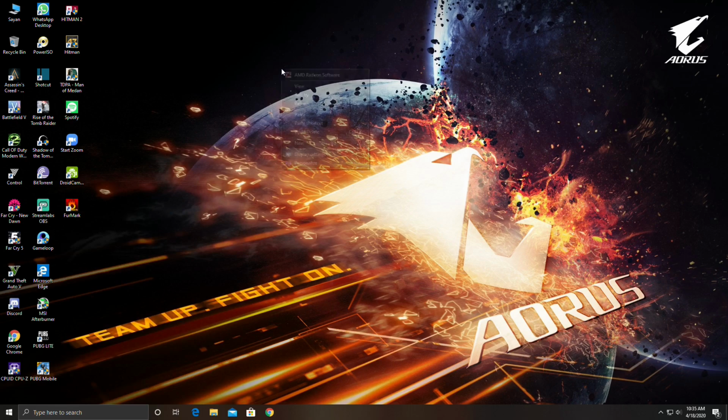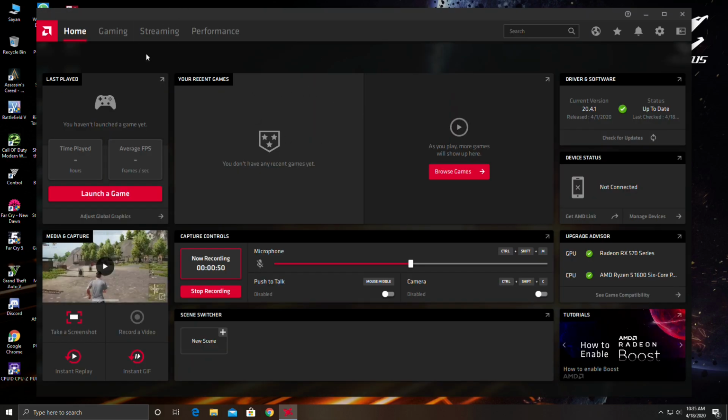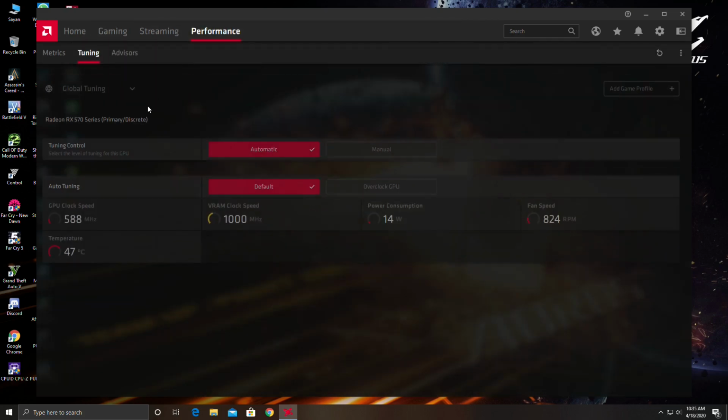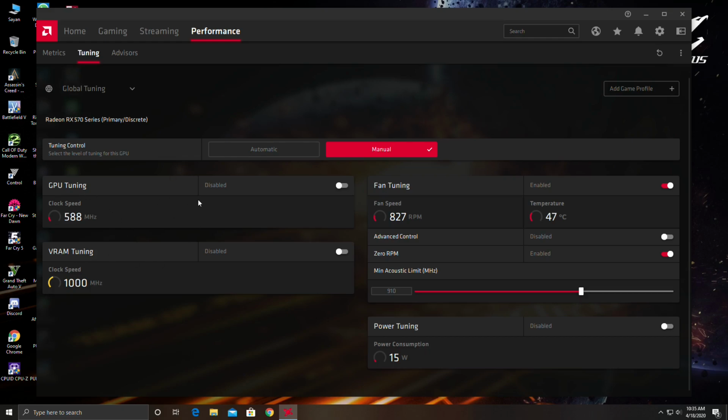Let us open the Adrenalin software. Go to the performance section, and in tuning we'll find it is by default set to automatic and default. You have to change it to manual. Now here you can see GPU tuning, fan tuning, power tuning, and VRAM tuning.